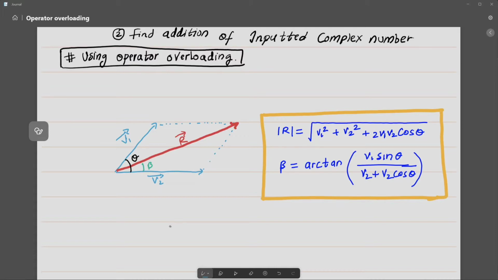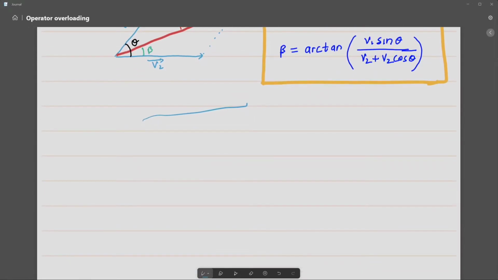What will be the issue? This vector currently is making 0 degree with the x-axis, but not every vector will make 0 degree. There might be a possibility that the first vector is like this and the second vector is like this. So to calculate this theta, we need to create a function that can find this theta. This will be just this bigger angle, that is v1 minus v2. Okay, we can say theta v1 minus theta v2.